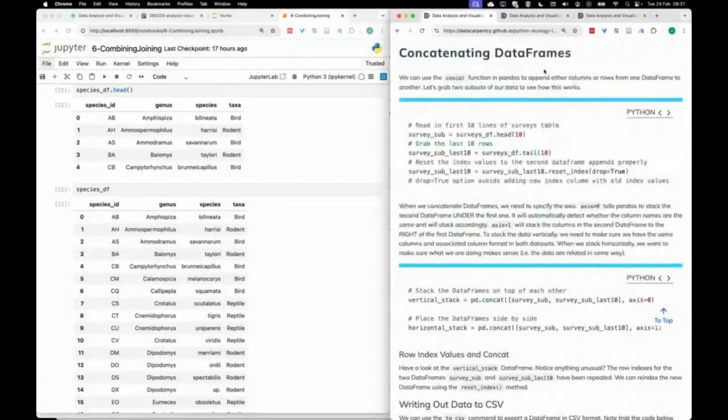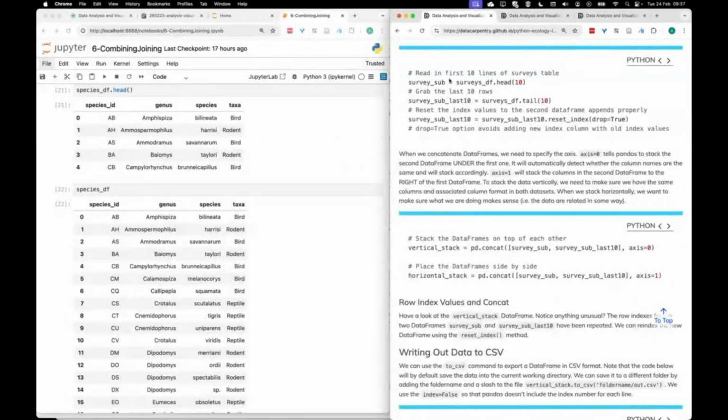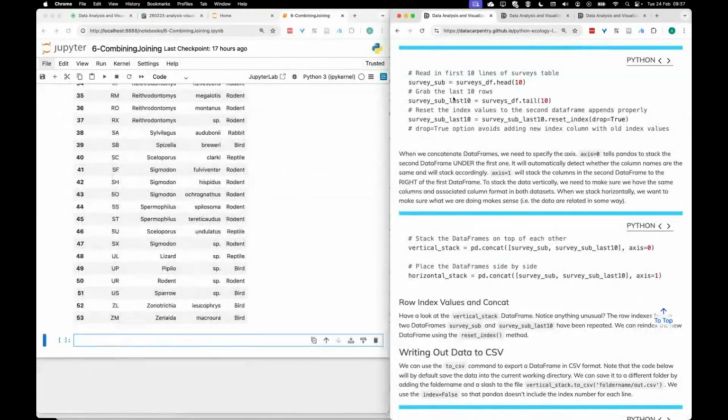So let's look first at the case where you're concatenating data frames, which means appending either columns or rows from one data frame to another. So there are two use cases. As I suggest, let's grab some subsets of our data to make it a little bit easier to see. So let's create this subset of our surveys data frame, which just takes